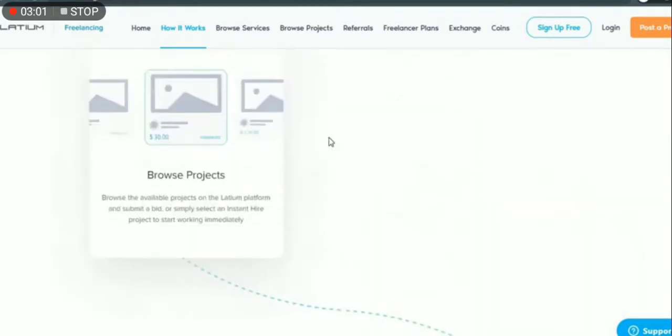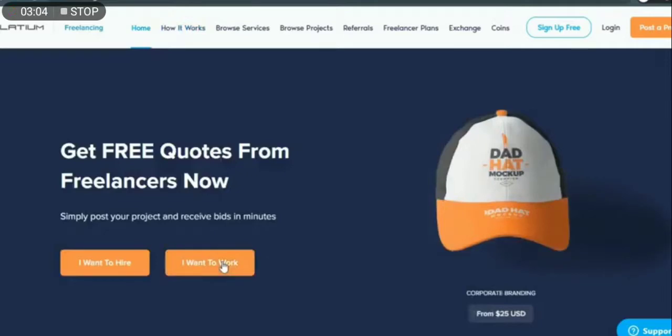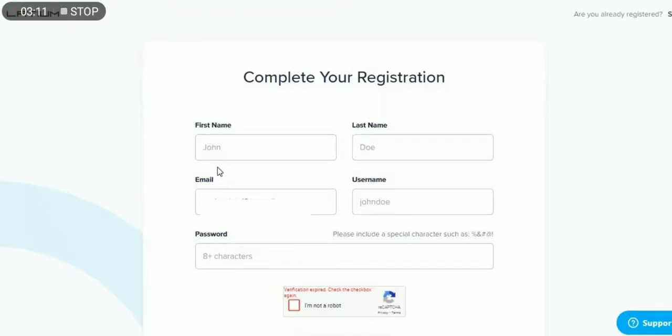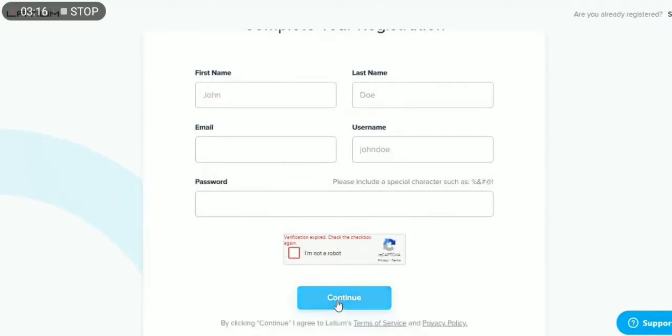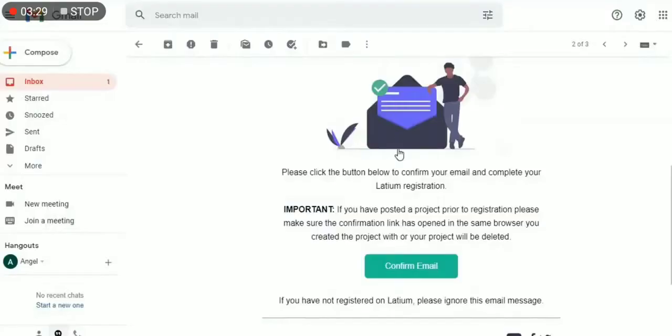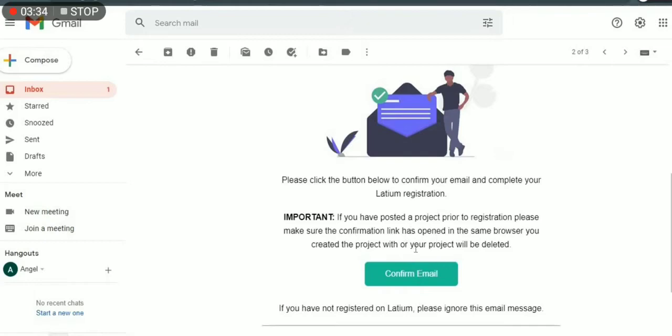So when you go to the Ladium.org website, click on I want to work. Then click on this button right here, and then you'll be sent to this page where you'll enter your first name, last name, email login, and password. Simply click the I'm not a robot button and then the continue button. So after you do that and join up, you should be able to earn a free $1 sign-up bonus, but you must first verify your email address. So check your mailbox and click on the activation link so they can set up your Ladium account. And you should be able to see your free $1 once you sign up.